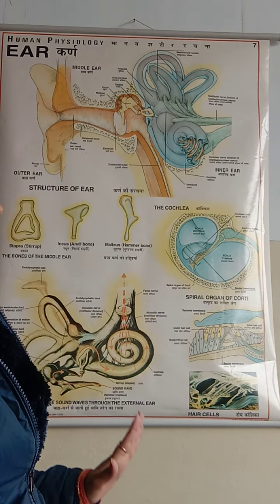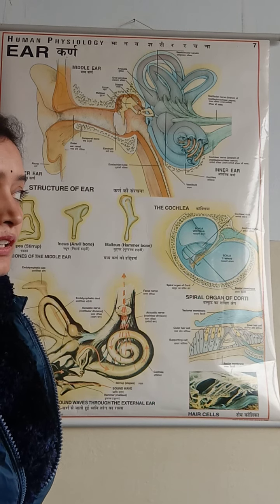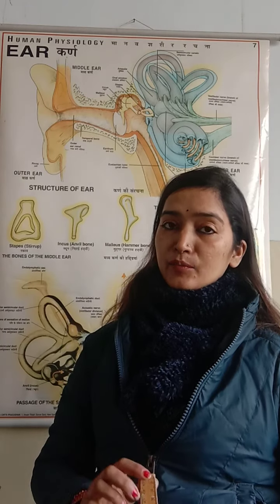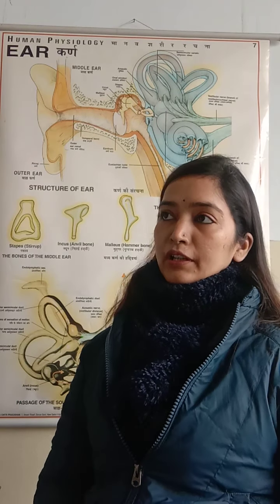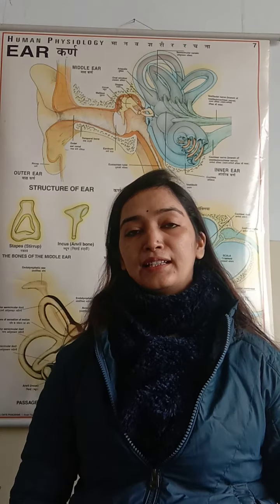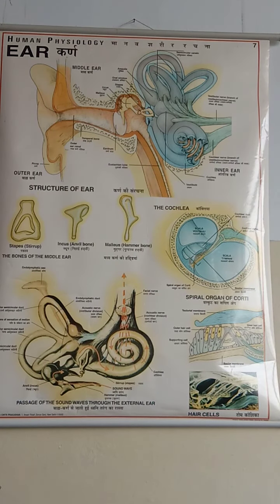So as you know, the ear is an auditory organ that helps not only in hearing sound, it also helps in balancing in some organisms. Like in the case of frogs and other aquatic animals, there is a membrane that represents the ear, that is the tympanum membrane. Alright, but in the case of mammals or humans, there is an ear. So today we are going to discuss the ear.